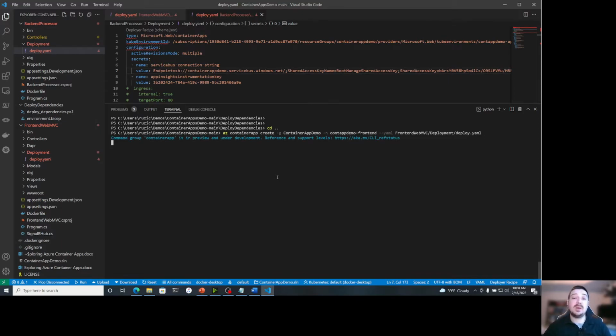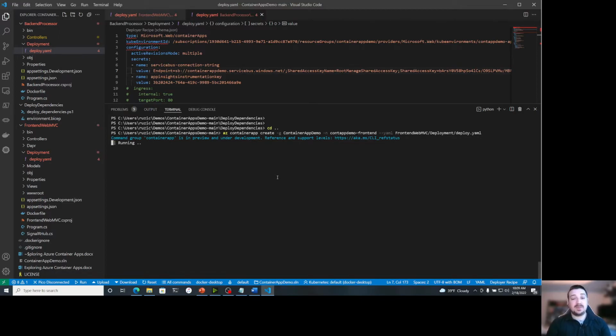So this is actually going to go ahead and then deploy the front-end MVC app. And we'll take a look at that deployment file here in more detail in just a second, after this runs and after I then also deploy the backend. Now, deploying these container apps doesn't take very long. This should go pretty quick.